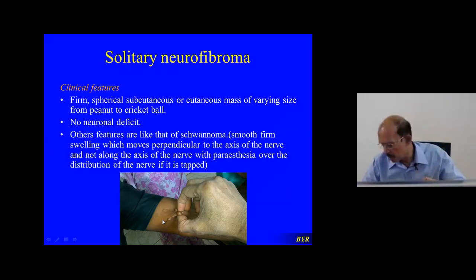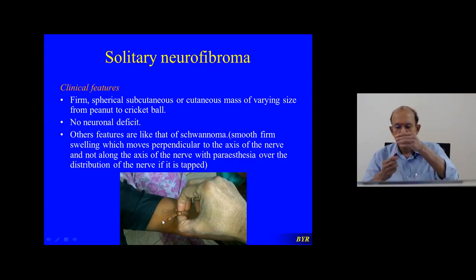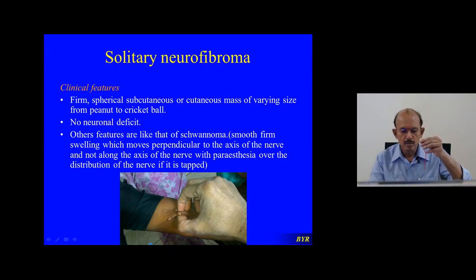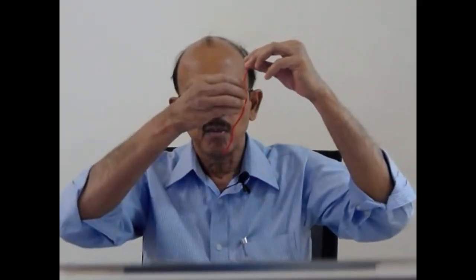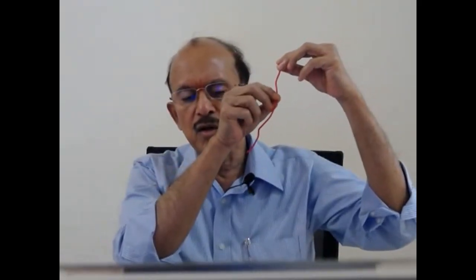I will demonstrate it here. Let us suppose this is a nerve fiber passing like this. A mass arises from this nerve fiber. So you can hold the nerve fiber